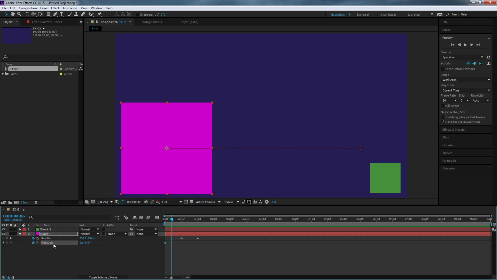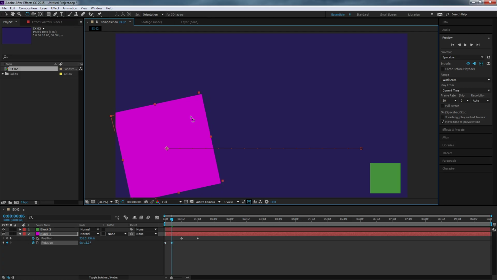We can use our numeric entry here and rotate this object using that input, or we can use our rotation tool found up here in our toolbar, or hit the W key, and then we can click and drag on this object to create that rotation effect. When we do that, we see that the rotation updates here as well. And we've seen that with our position inputs, and we've seen it with our scale inputs and so forth. So now we have the wind up,